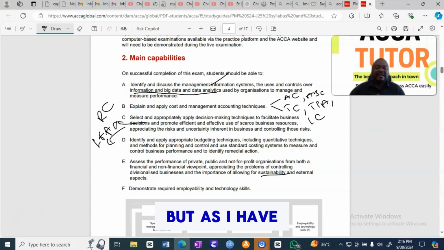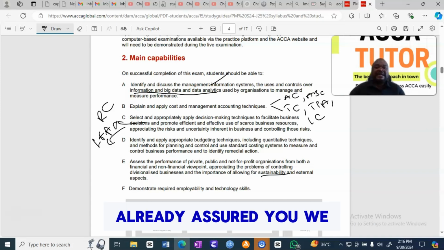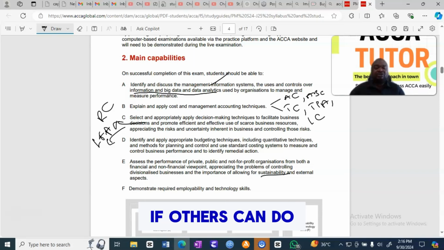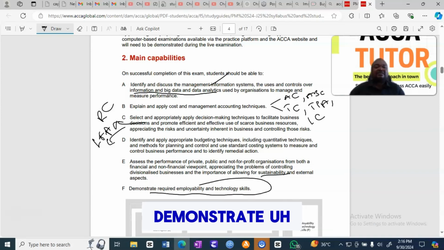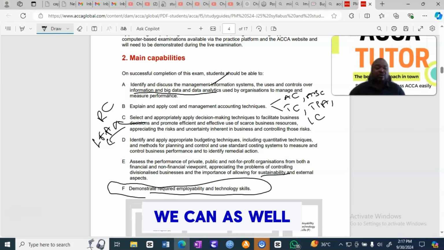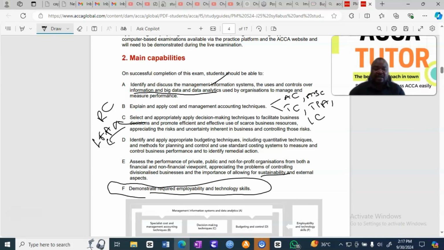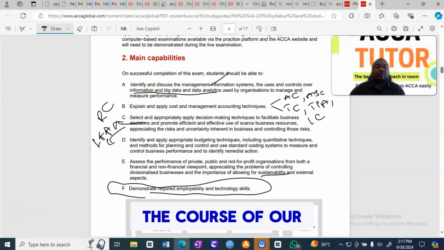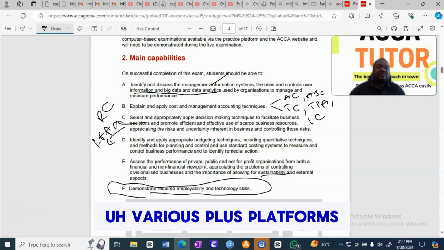But as I have already assured you, we can just do it. If others can do it, why not us? Then we need to demonstrate the employability and terminology skills. We can as well acquire these skills during the course of our studies, as we'll be using various platforms, digital